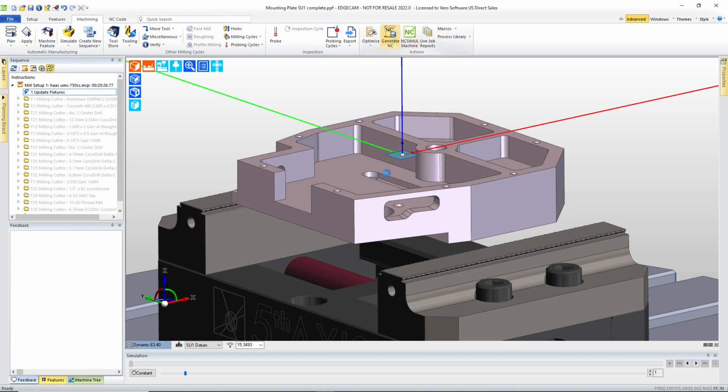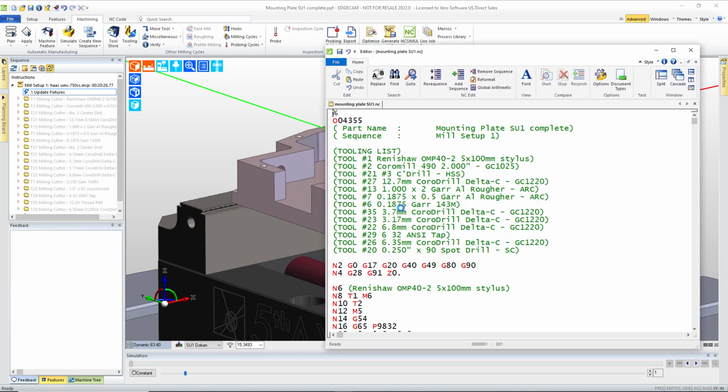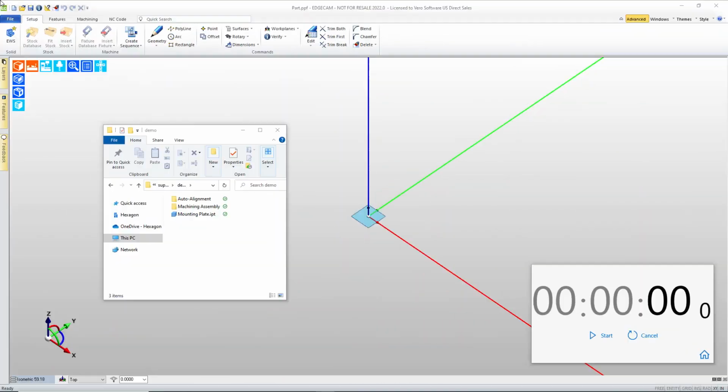The machining process represents what I intended, so I'm going to go ahead and generate code. The edit free NC code can immediately be sent to our CNC machine where we can proceed with machine setup and operation. Let's rewind to a fresh file where we can see how quickly Edgecam can put together the virtual CAM setup